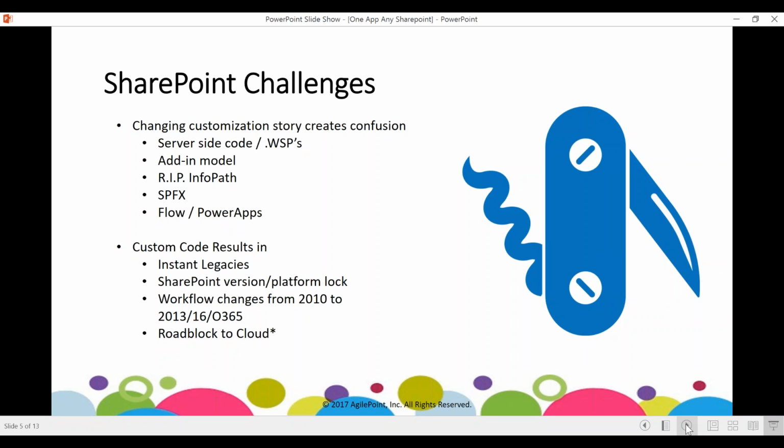The simple reason for that is, a lot of these customizations, they take time to develop. They take time to UAT. They take time to deploy into production. And because of that interval, oftentimes it took us so long to get the solution out the door, our business requirements have already evolved since then.